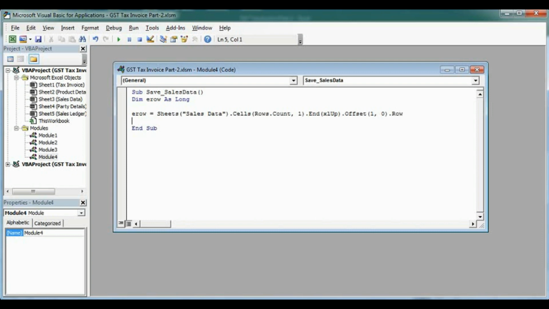So this is our end row, or last blank row, for sales data.